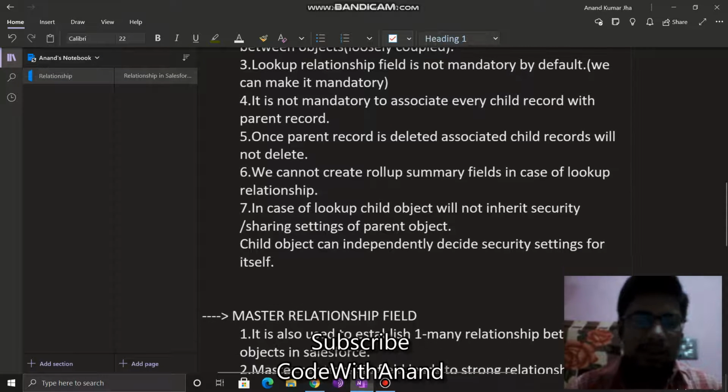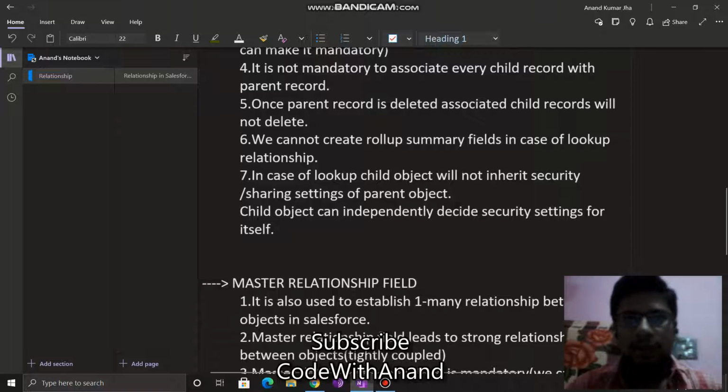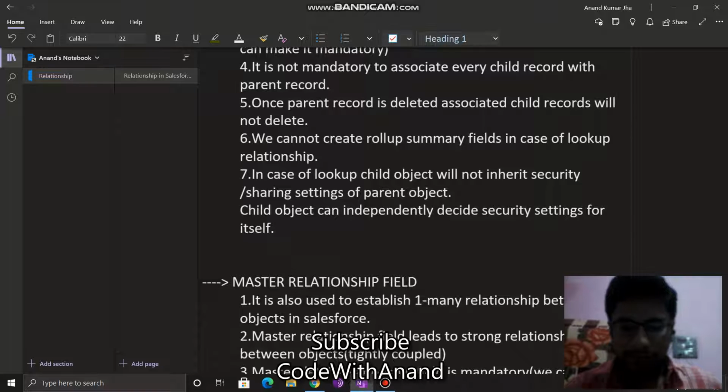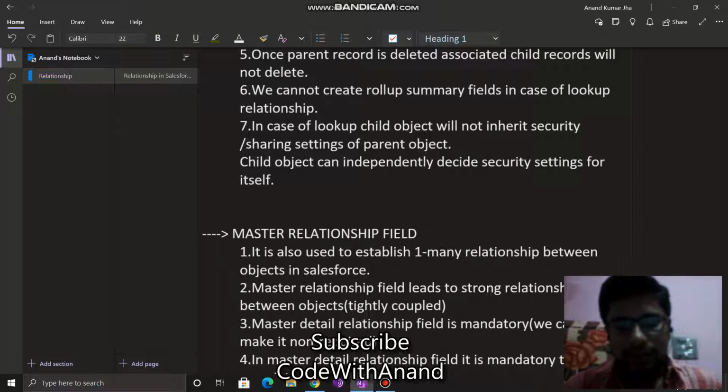Let's talk about the master-detail relationship. The master-detail relationship is also used to create one-to-many relationships. Compared to the lookup relationship, it is very strong, and it is also called tightly coupled. In a master-detail relationship, the field is mandatory. We cannot make it non-required. It is always required.